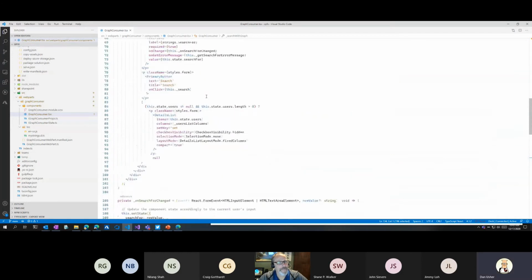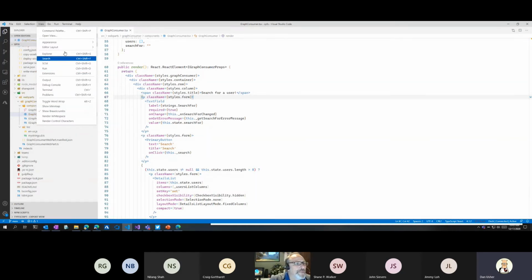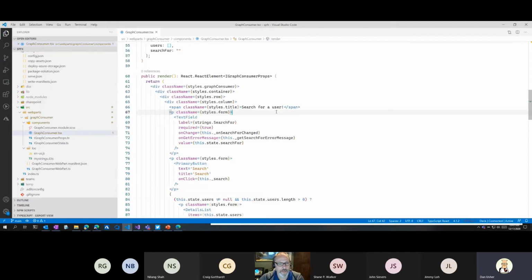If you could zoom it in just a little bit. Sure, I don't know how to do that in this toy that we have here. I think zoom in is Control equals. Control equal, yeah. There we go. Yeah, beautiful. I'll do one more.